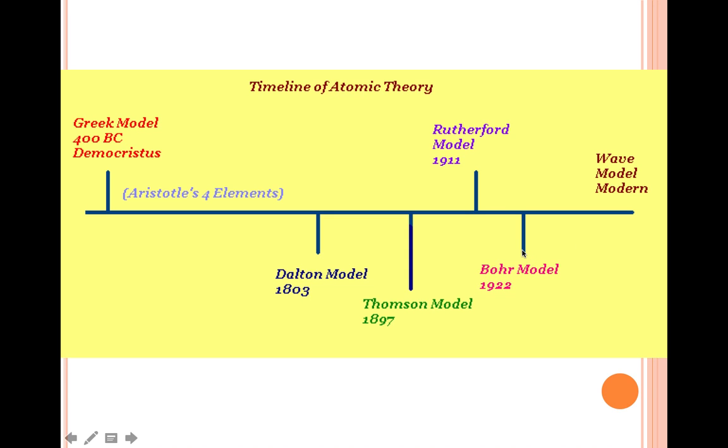And then we had Bohr's model, where he said, okay, let's arrange the electrons. They have certain energies. We know that from Planck's observations, and therefore probably those energies are in these circular orbits. And then we have this sometimes wave model or quantum mechanical wave model, the modern version, which we work on even today, where they're talking about these energy levels are not really circular orbits, they're orbitals, which are really like clouds, areas of probability.